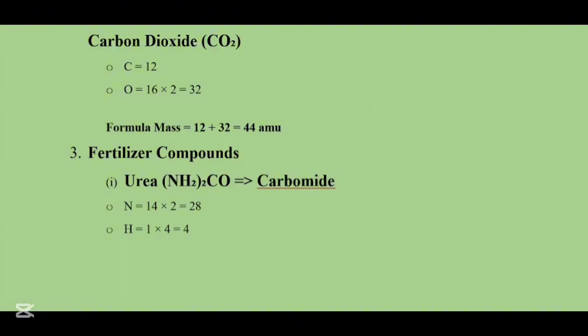So as you can see, there is a bracket here, which means that nitrogen's atomic mass will be multiplied by 2, and same for hydrogen. 2 multiplied by 2 is 4, so 4 multiplied by 1.008 will result in 4.032. Now, the atomic mass of nitrogen is 14, so it will be multiplied by 2, which results in 28. Now you will get the atomic mass of carbon and oxygen, and you need to add them up.